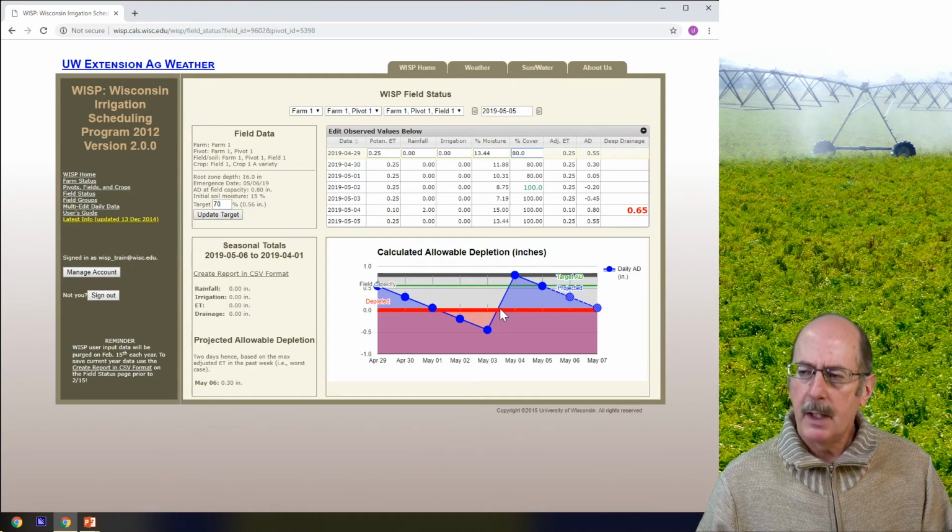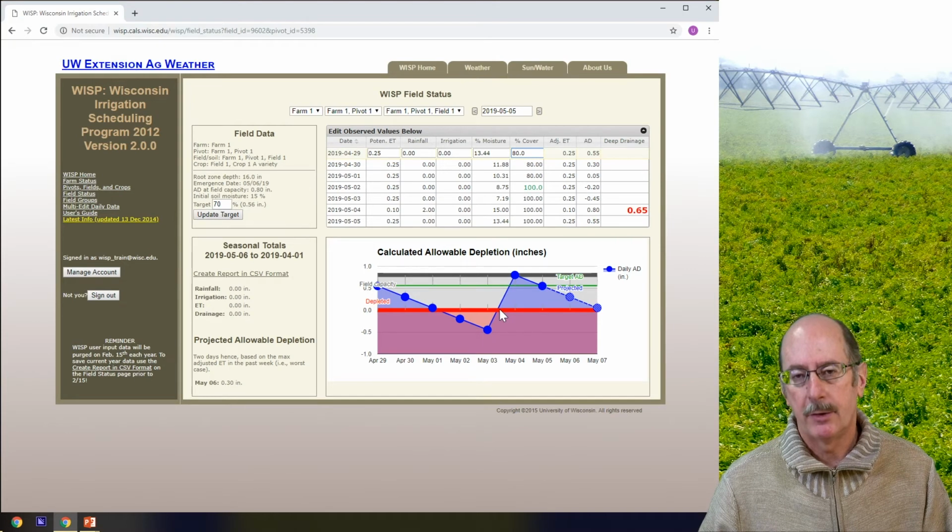So the time to avoid plant water stress specifically and most importantly is during the reproductive stage. Whenever that plant's in the reproductive stage, you want to make sure that you've got plenty of water out there, and you want to keep it right up near the field capacity value.